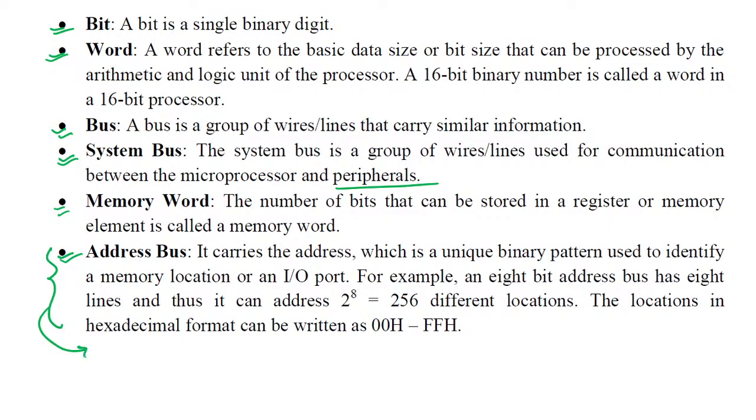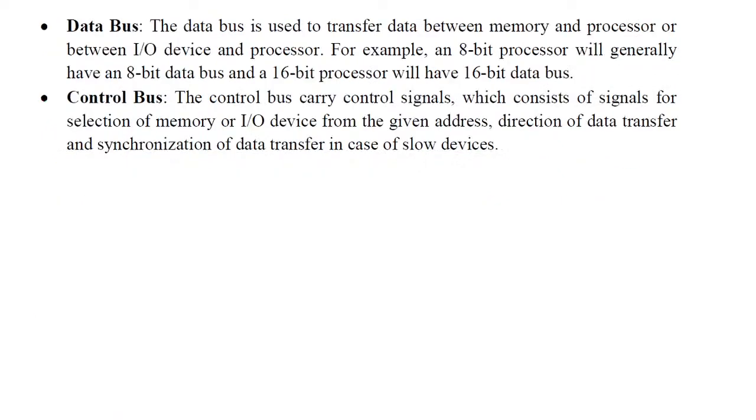Let's say the width of the address bus is 16, that means there are 16 wires in the address bus, so it can carry 16 bits. That means the size of the memory will be 2 to the power 16 bytes, because we can generate 2 to the power 16 unique addresses from 16 bits, right? And each unique address can be given to 1 byte. That means we can have 2 to the power 16 bytes if we have an address of 16 bits.